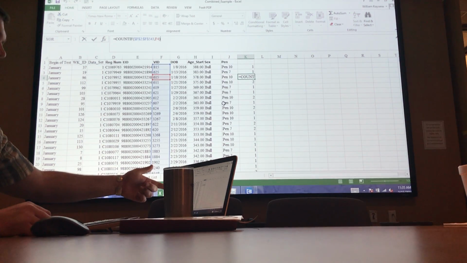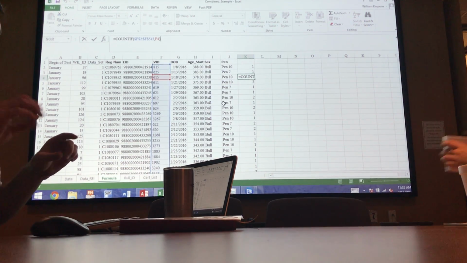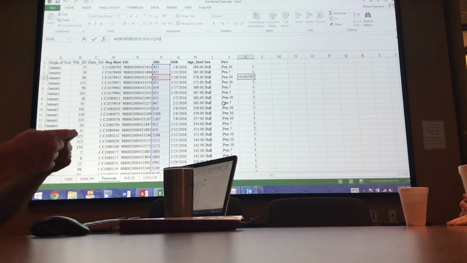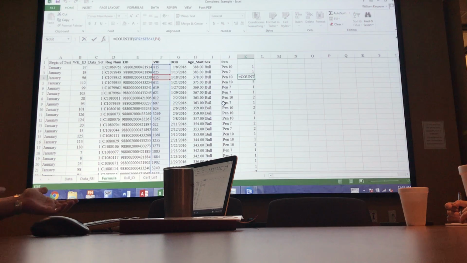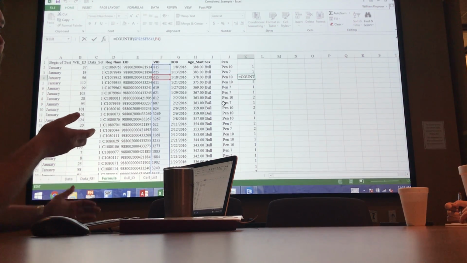When we go into SAS, we're going to say, okay, I want you to run all these regressions based on this animal's number. It won't do the EID because it's too many digits. You have to go in there and say this field can be 15 digits long, and then it's a real pain to keep track of it. So you can just give them some identifier as long as you make that stay with them. VIDs work really great as long as there's not duplicates. And then sometimes the duplicates show up as